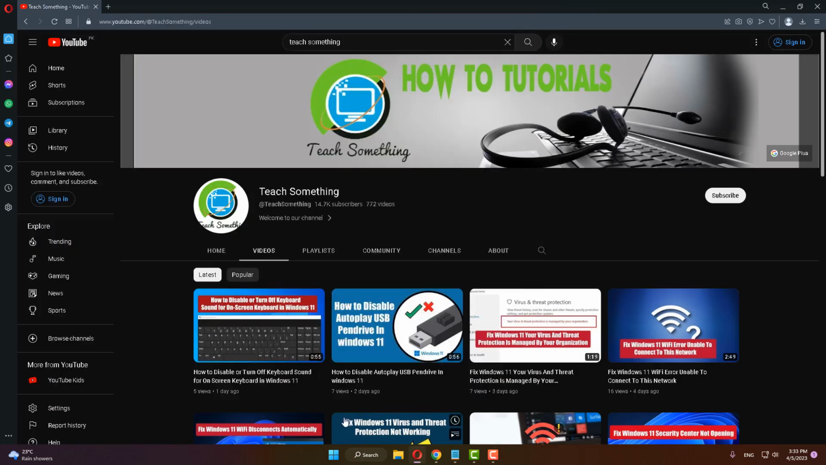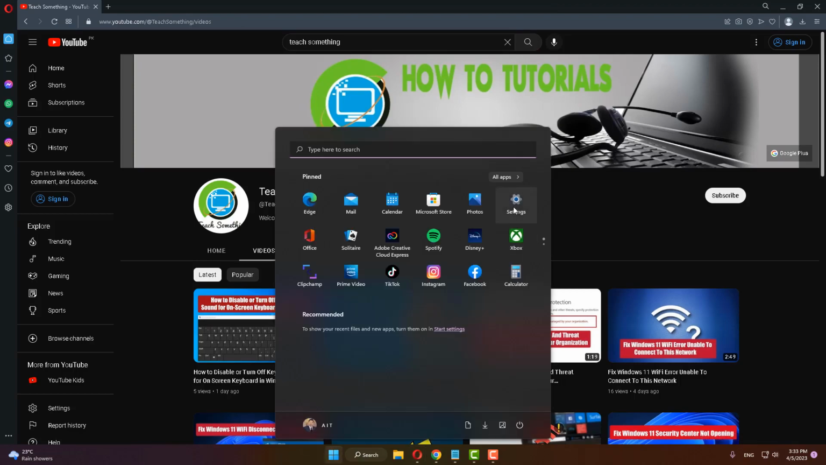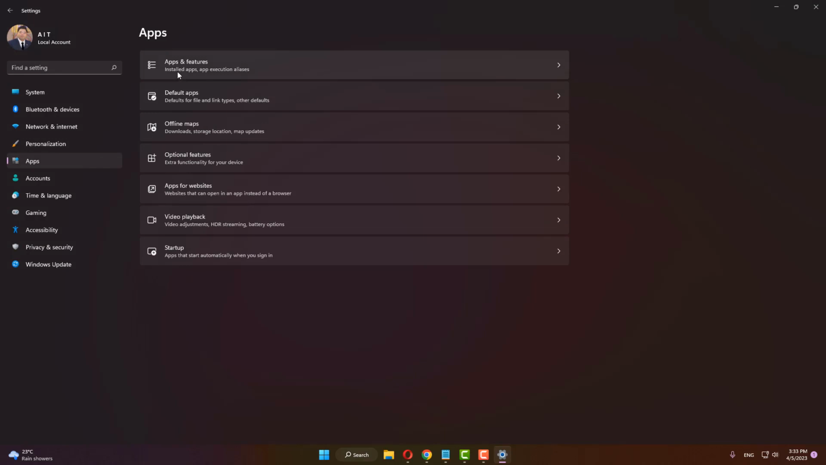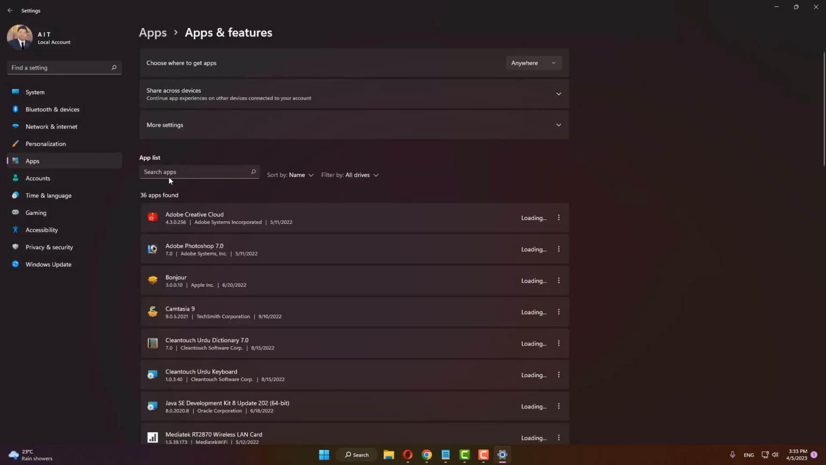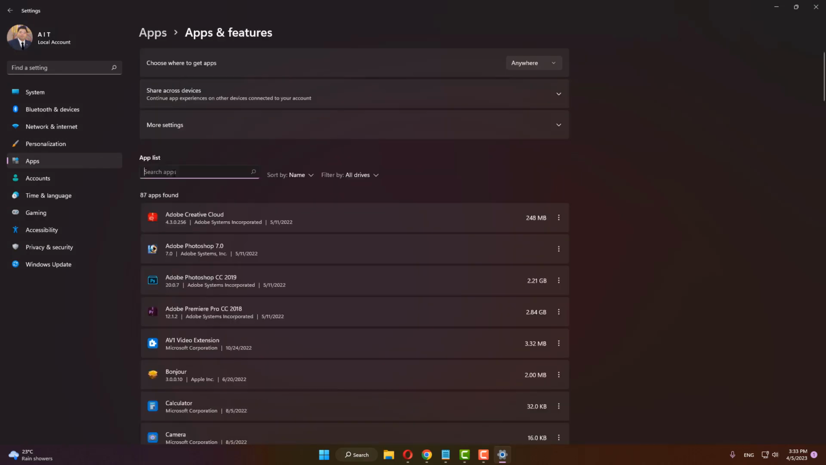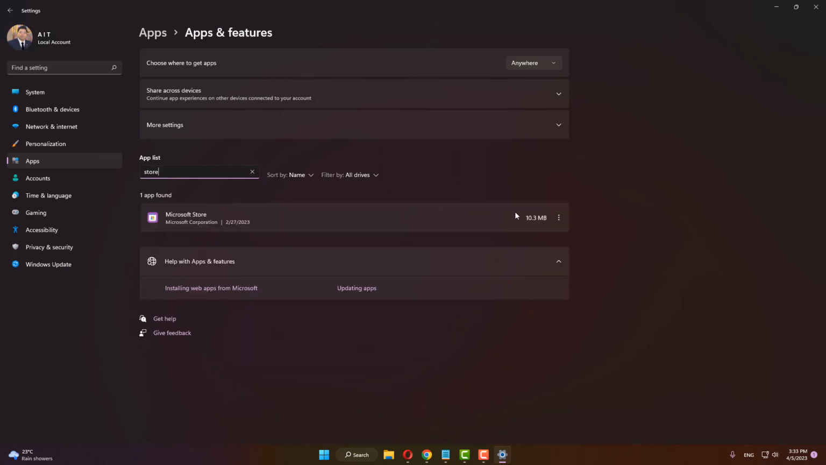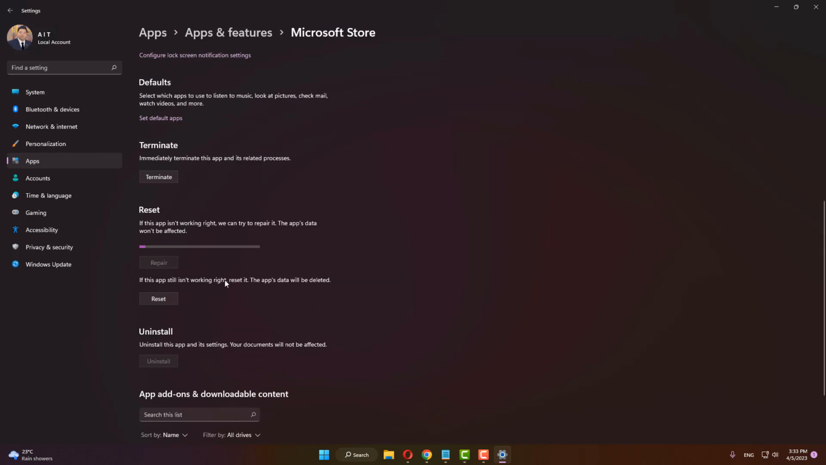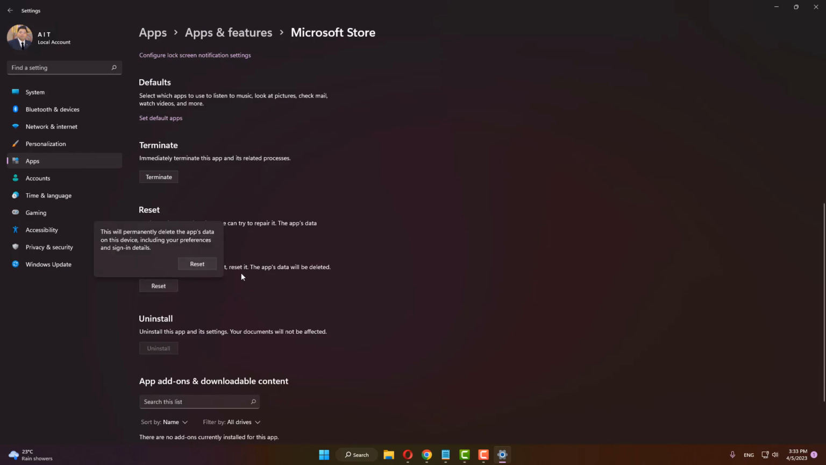The third method is to go to the Settings of your Windows, go to Apps, click on Apps and features. In the search box type Store, click on these three dots and go to Advanced options, scroll down, click on Repair. After that select Reset